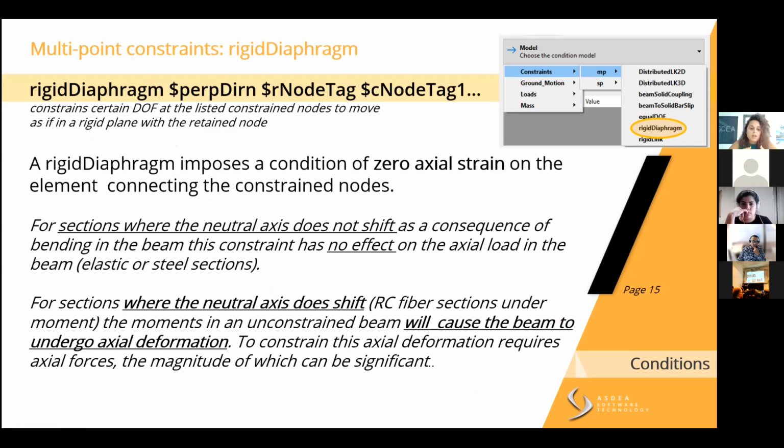What is happening with the rigidDiaphragm that it's important to remember is that it imposes a condition of 0 axial strain on the element that connects the constraint nodes. So when you're using elastic sections, in which the neutral axis does not shift as a consequence of bending because of the plane section assumption, this constraint has no effect on what is happening in the beam in terms of axial load and axial strain. But when you're using, for example, a fiber section in which the neutral axis does shift as a consequence of bending,